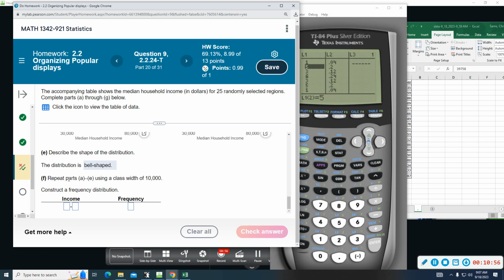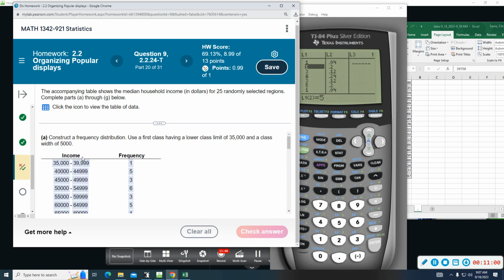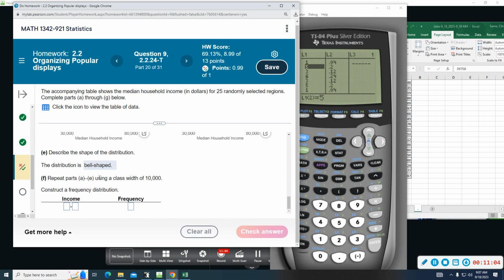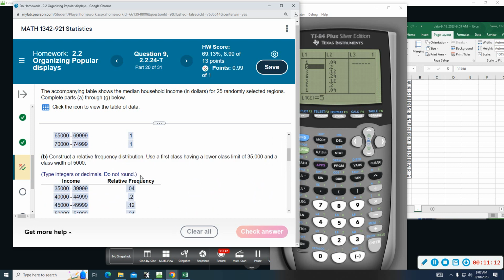All right, so now we're going to repeat parts A through E. So everything we just did up here, we're going to do it again. This time we're going to use a class width of 10,000. So I'm going to do the same process. So what it looks like we're doing is we're going to be combining two classes. So instead of going 5,000 at a time, we're going to be going